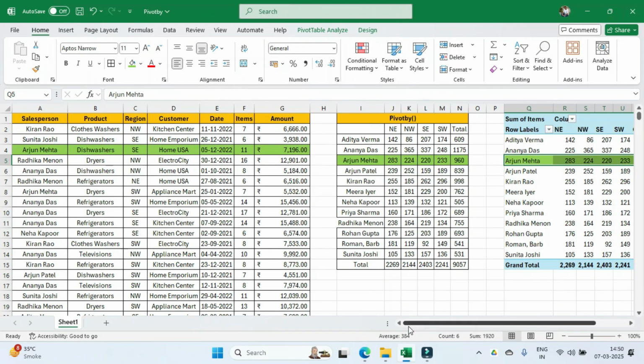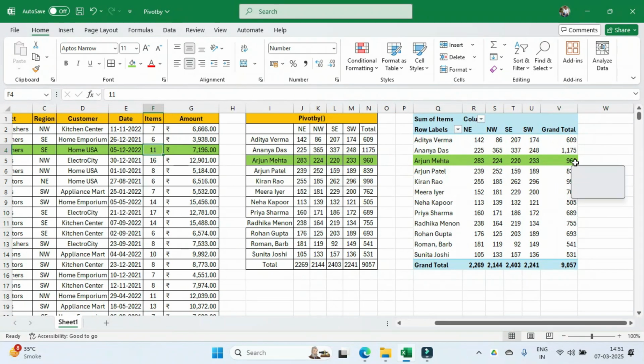Now what I am doing is I am changing this items sold from 11 to 100. So just watch what happens in this total column over here and in this total column over here. Right now it is the same, but what I do is I change this to 100 and I press